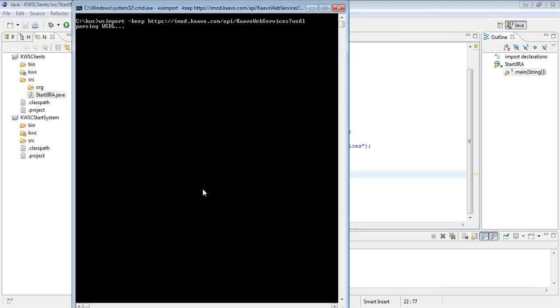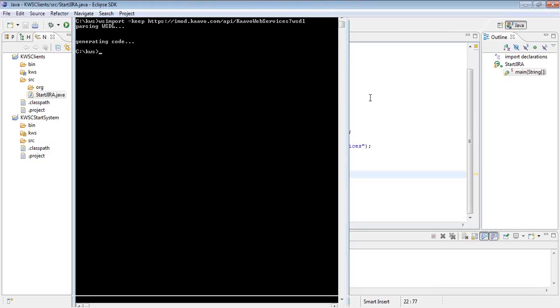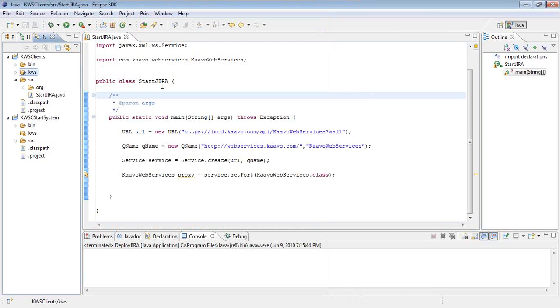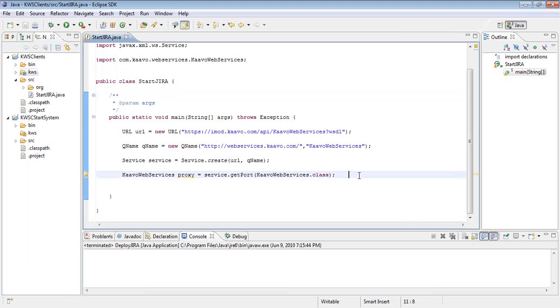It is parsing the WSDL and generating the code. Now, this folder is linked to my project, so the classes it generated are accessible from the application that I'm developing.